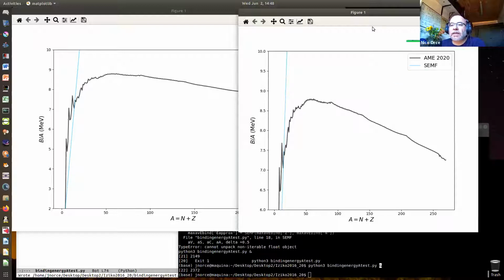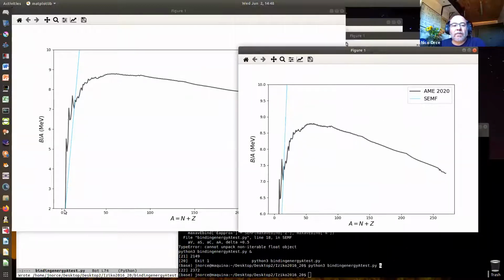Obviously, in this case, there's no saturation property according to the semi-empirical mass formula, which is not the reality. That's why we need to change that